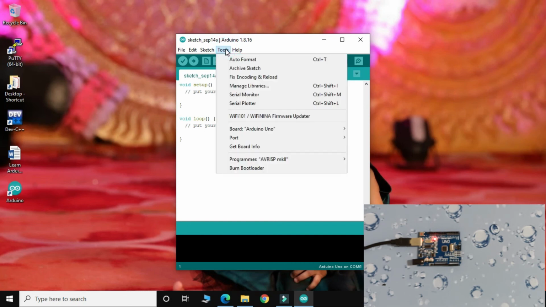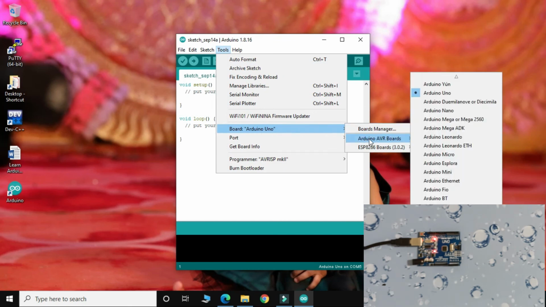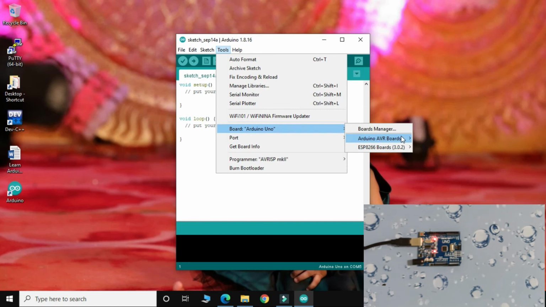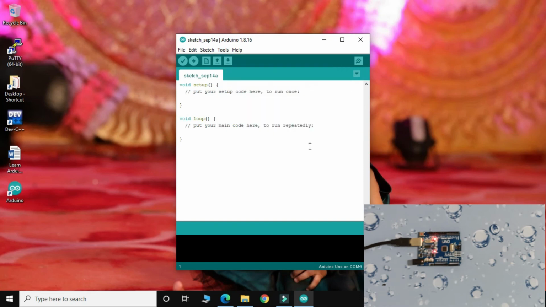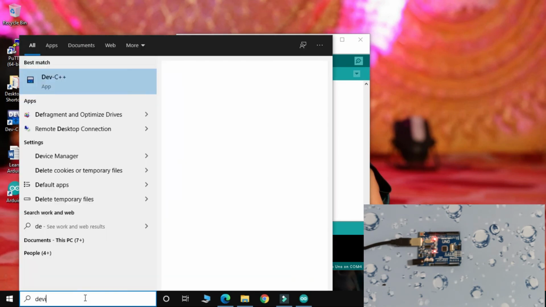Over here you have to check some parameters like your board. In the board is Arduino AVR, that is my Arduino Uno board. Right now I'm using Arduino Uno board. I just select it, then I just go to the port, and in the port my port is COM4. You can also check this port in the device manager also.